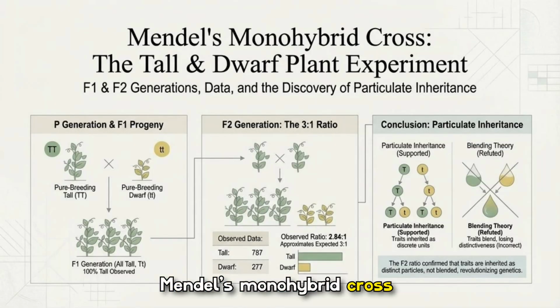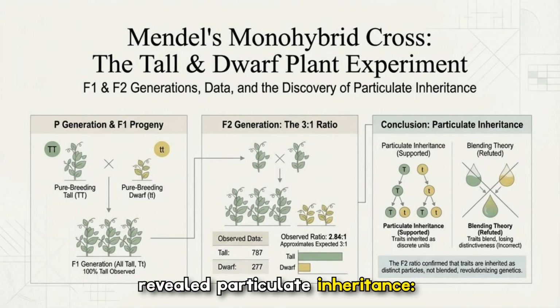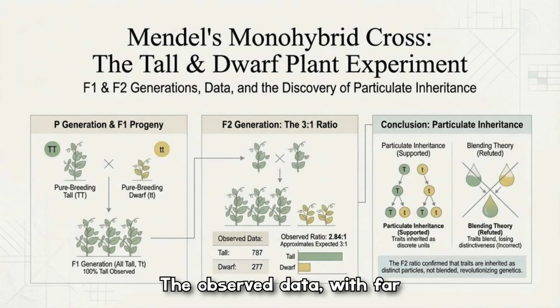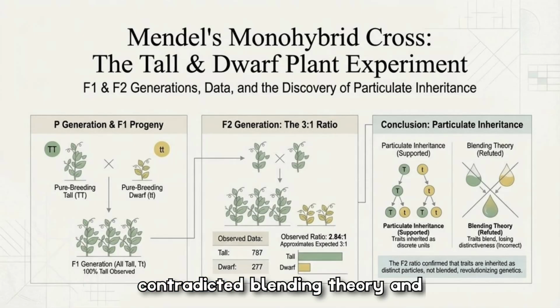Mendel's monohybrid cross between tall and dwarf plants revealed particulate inheritance. Crossing pure breeding parents produced uniform F1 offspring, and the F2 generation returned a roughly 3:1 tall to dwarf ratio. The observed data, with far more tall than dwarf plants, contradicted blending theory and supported the idea of discrete hereditary